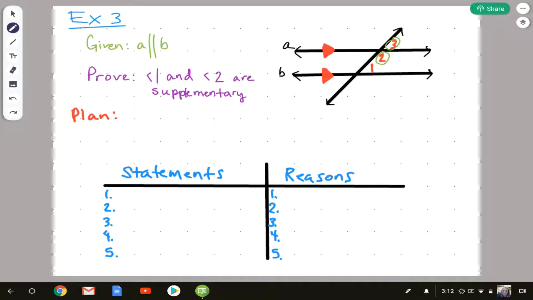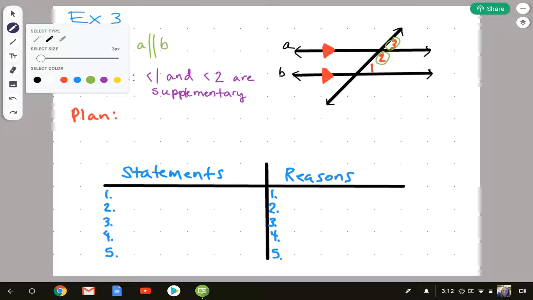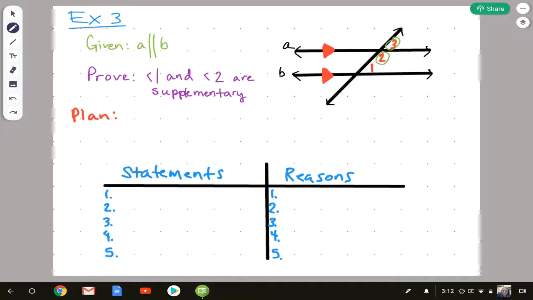So that's getting angle 2 and angle 3 involved, but I still need to somehow connect 1 and either 2 or 3. So another thing that I could do then is I could recognize that angle 1 and angle 3 are corresponding angles. And remember, we had the corresponding angles postulate that said that those two angles are congruent. So that's a couple of different ways to get some things involved. So maybe I would plan something like